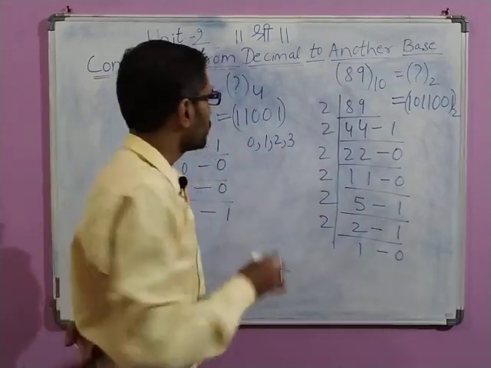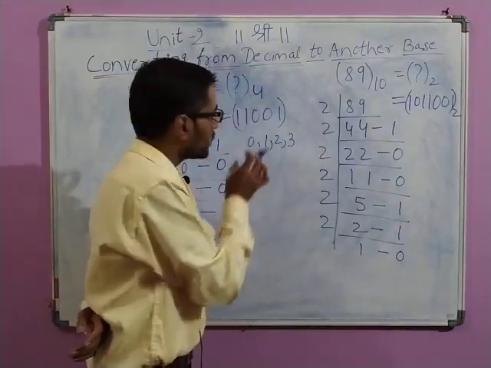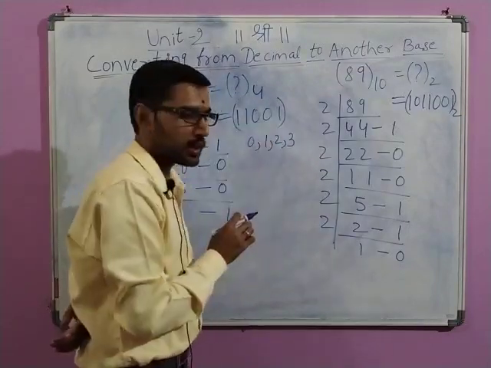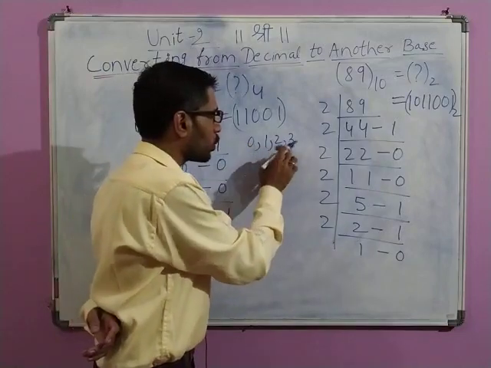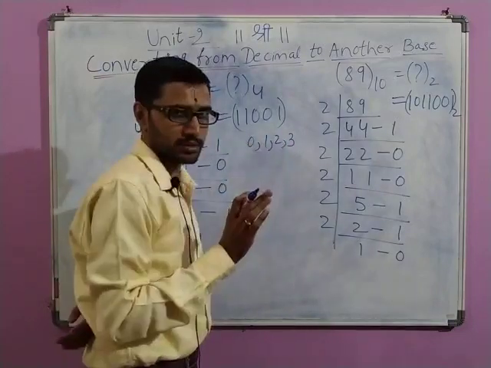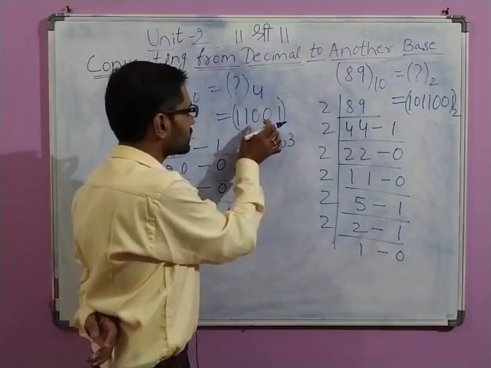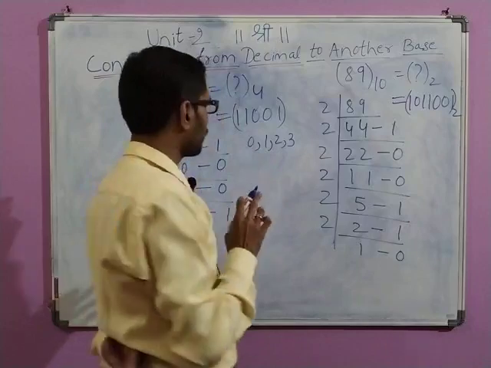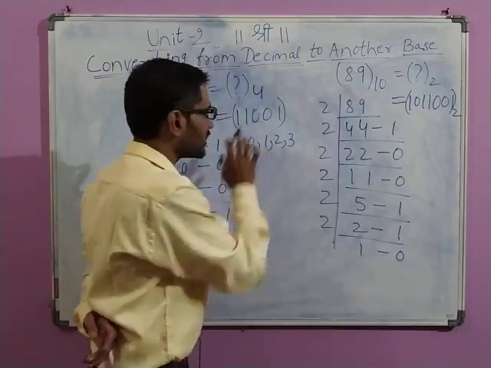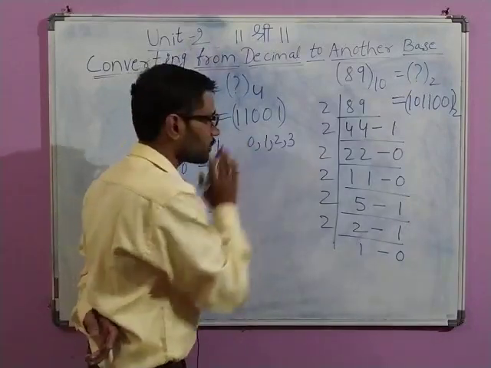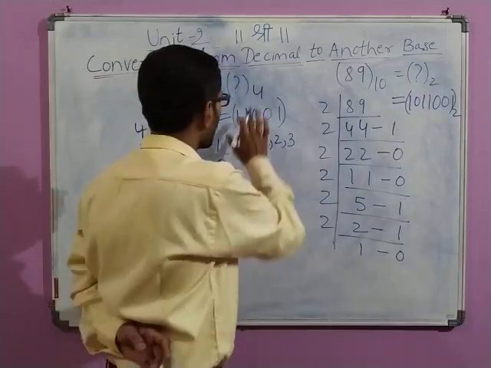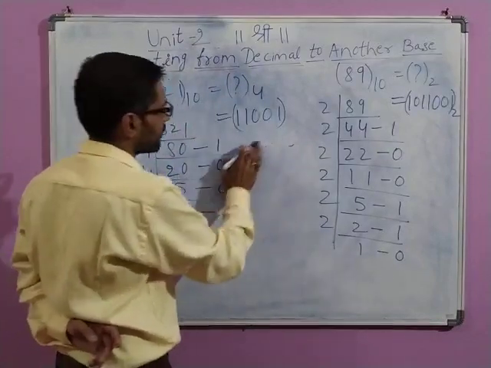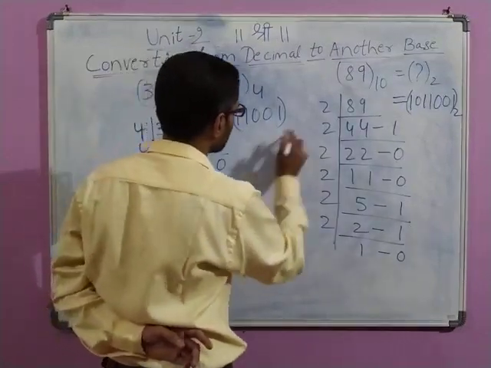Not more than this. Because when we say base 4, the symbols should always start with 0 and end at 1 less than the base. So it can be 0, 1, 2 or 3. If you are getting an answer that has 4 or 5 and so on, then you have gone wrong somewhere. But if you have only ones and zeros, it doesn't mean that it has to be binary. Please understand this. Whatever the expected base is, that you need to write. So what is the expected base? The expected base is 4. So you need to write the base as 4.